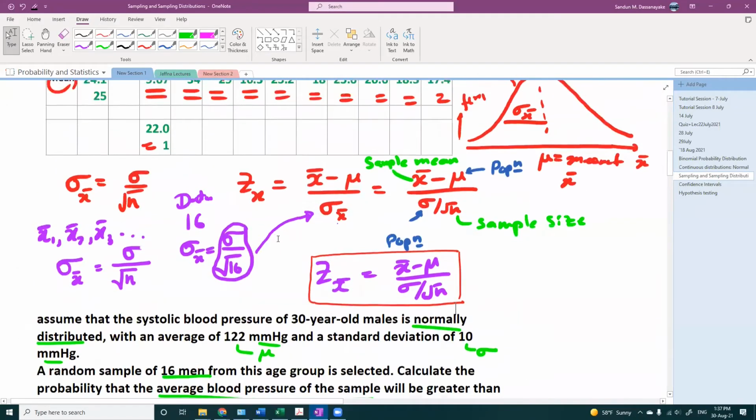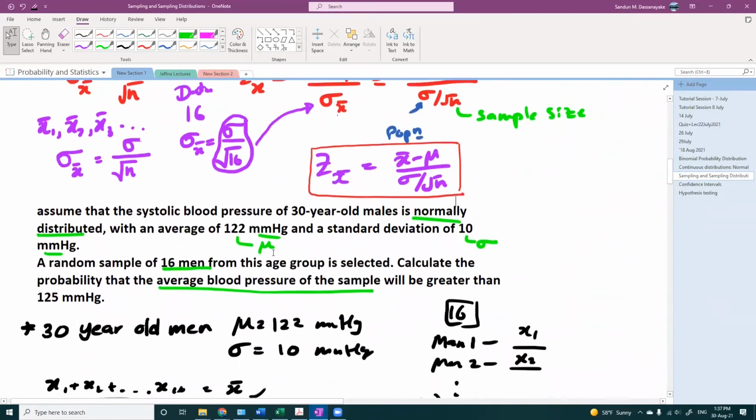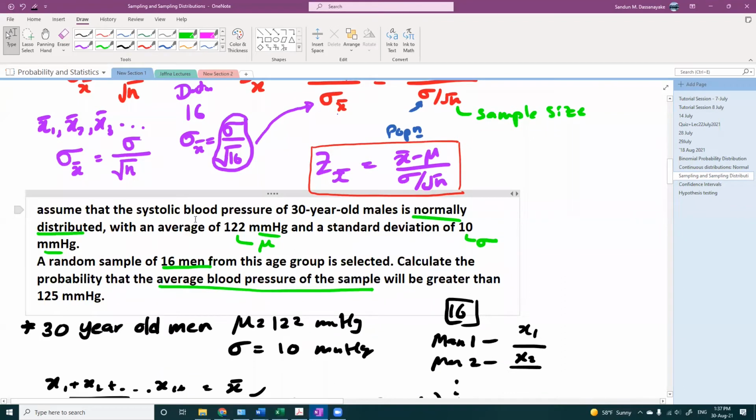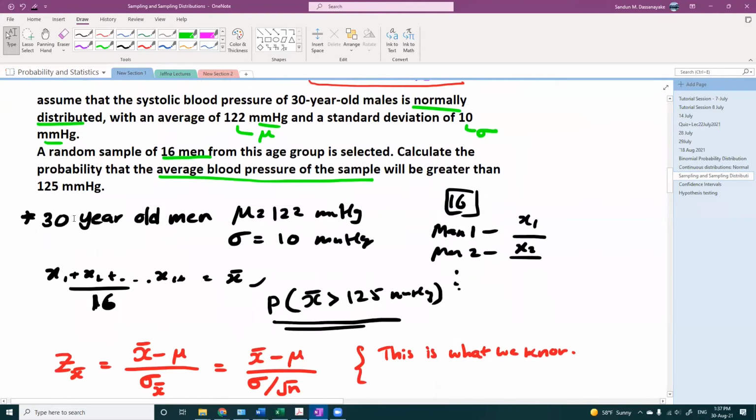Okay, so let's think about an example. Assume that the systolic blood pressure of a 30-year-old male is normally distributed. In the question, they are giving you that this is normally distributed with an average of 122 mmHg and a standard deviation of 10 mmHg. So you have mu as 122 mmHg, and sigma as 10